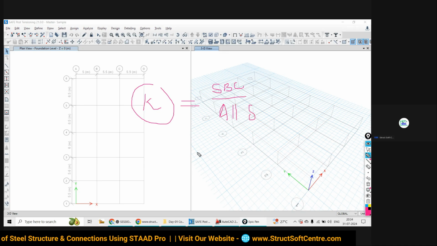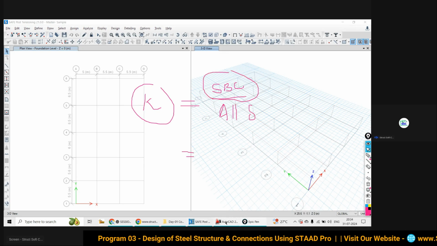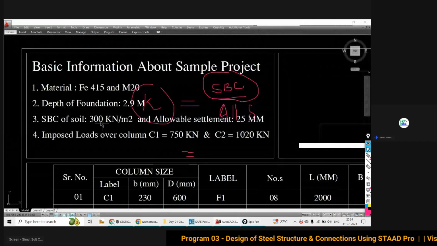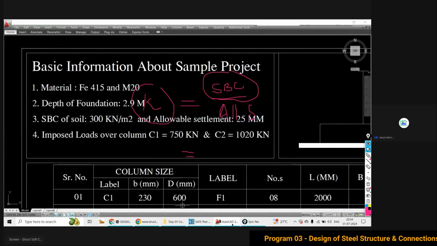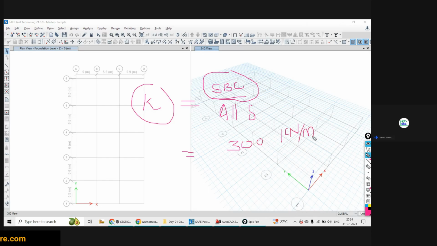How do you calculate this SBC? SBC is given as 300 kilonewton per meter square, so I am going to write 300 kilonewton per meter square.